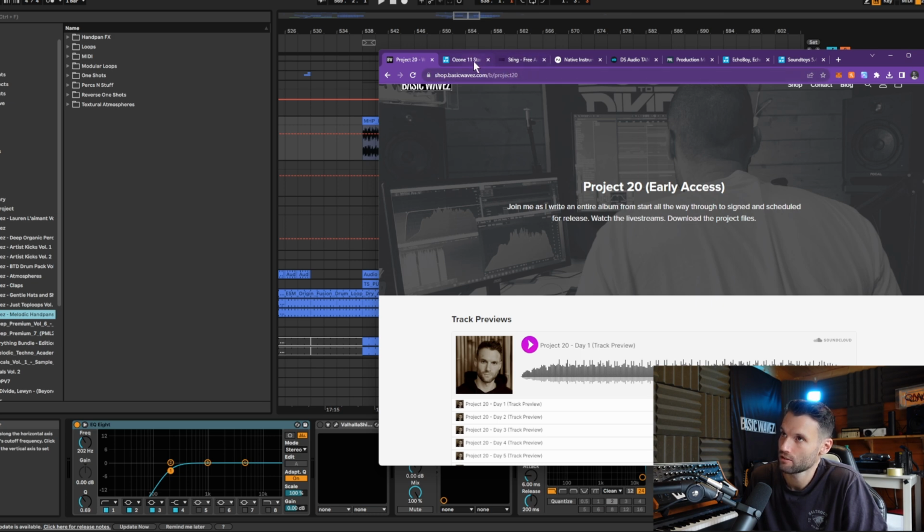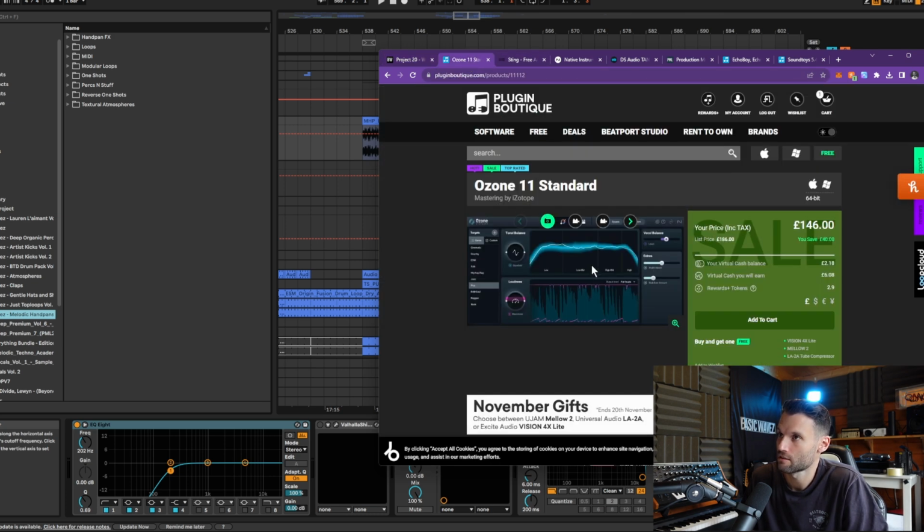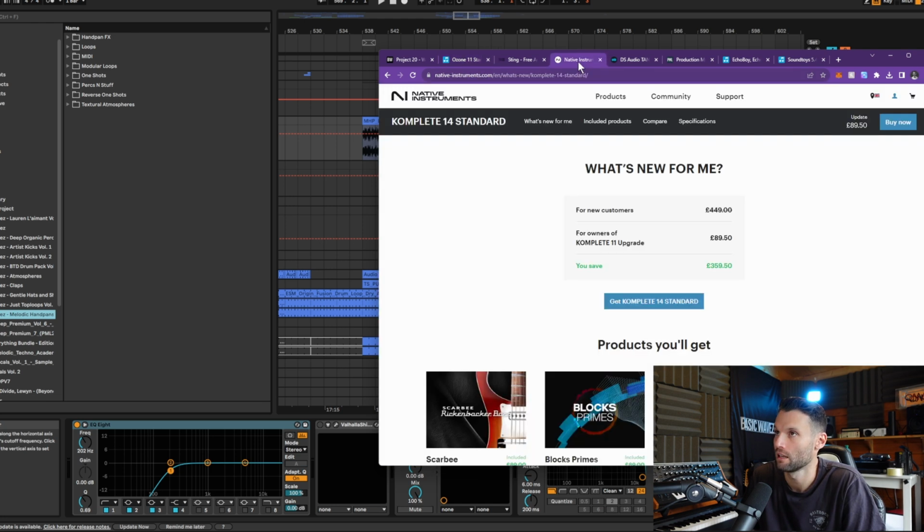Okay, so the other thing I have over here is Ozone 11 Standard. I haven't actually picked this up yet. It looks really interesting. I use Ozone 9 at the moment, and I use it quite a lot. I use it on every single track. It's my main limiter. So Ozone 11 would be the latest version. The reason why I haven't picked it up yet is I'm still torn between getting Ozone 11 Standard here